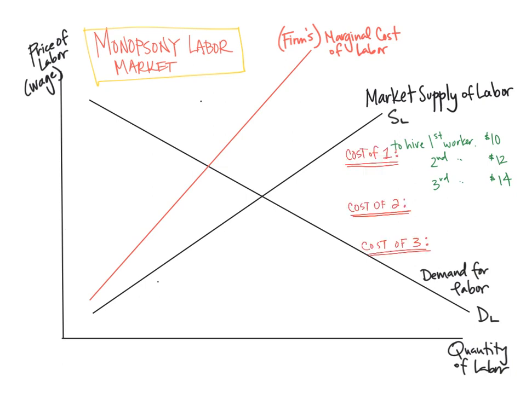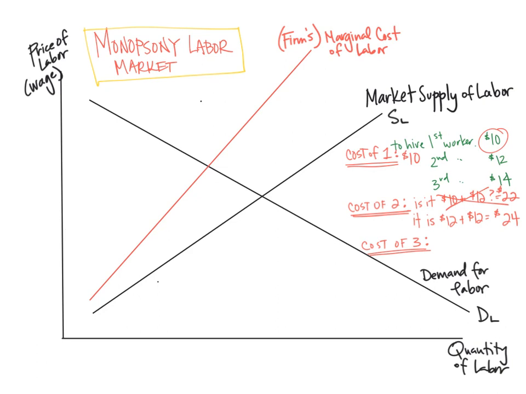So assume an upward sloping supply curve for labor. Ask yourself what the wage cost of one more worker is. So going from 0 to 1, $10. The cost of 2 workers? All right, this is the trick. Think about it. Pause if you want. Did you say that it's $10 plus $12, so $22? Good try, but nope.